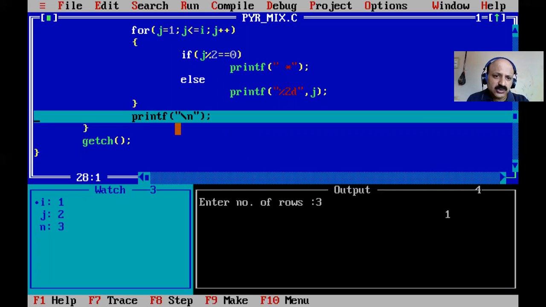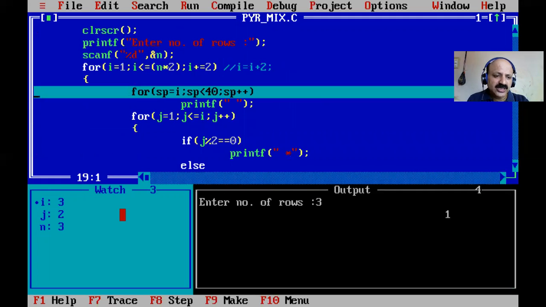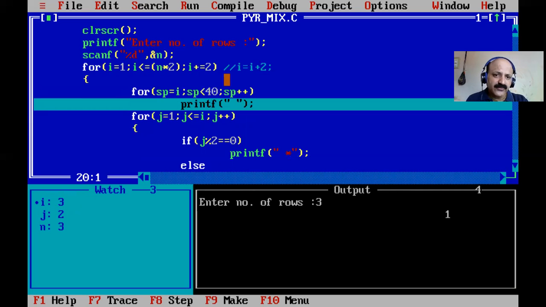Then j plus plus, and the condition is false because j less than or equal to i, but i is 1 and j is 2, so it goes to a new line. Then i plus plus, so directly 3, not 2, because i equals i plus 2, so it directly jumps to 3.